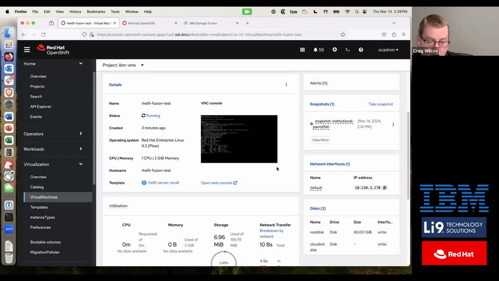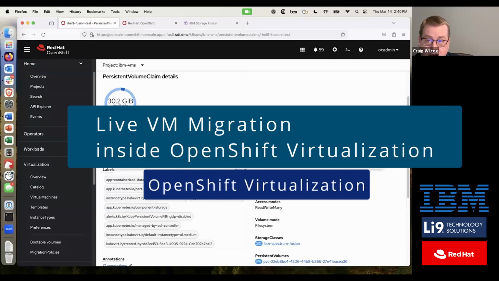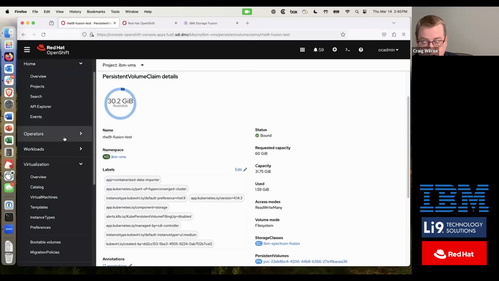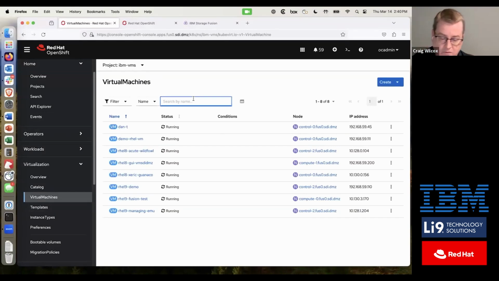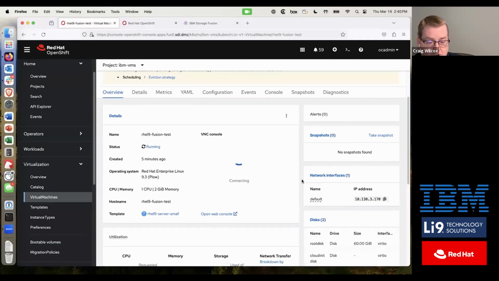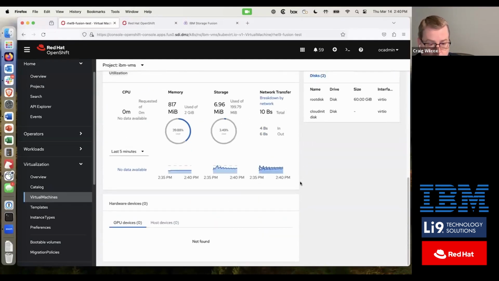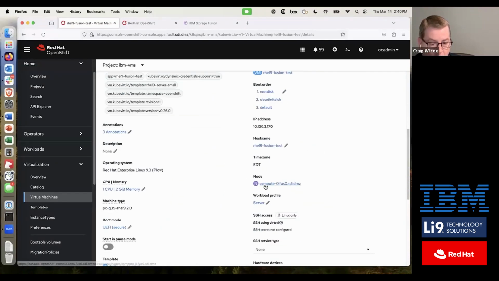You can see while we were coming here, it finished the resize, and the size of the volume is now 60 gigs. The thing that we wanted to look at is how to do live migration between different nodes in the cluster. So from the virtual machine view for this Fusion virtual machine, we'll look down to the details here, and we can see that we're running on a node in the cluster named compute-0 inside of